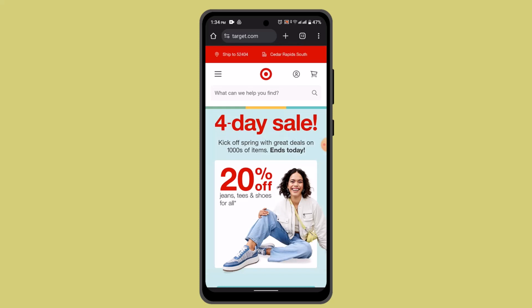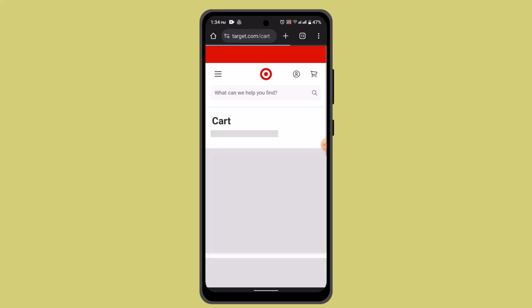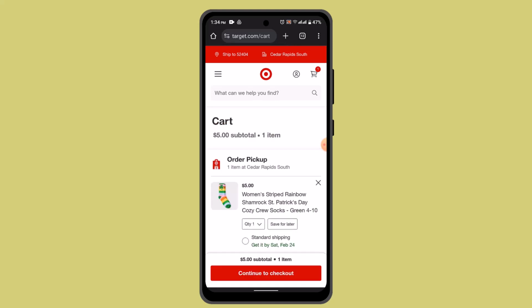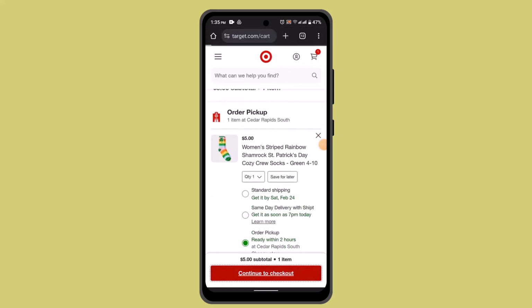Once logged in, that's going to take you to the home page, and right on this page you need to first of all add the product to your cart. So once the product has already been added to your cart, tap on the cart icon and go ahead and proceed on to the checkout process. And once the product has already been added to your cart, go ahead and tap on continue to checkout, and